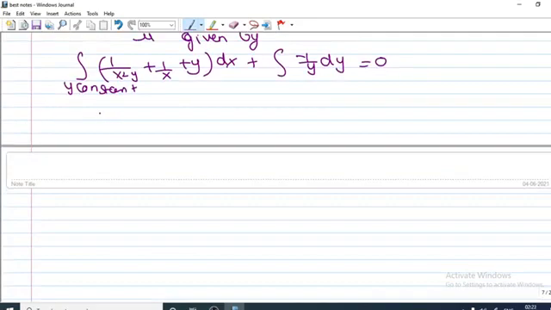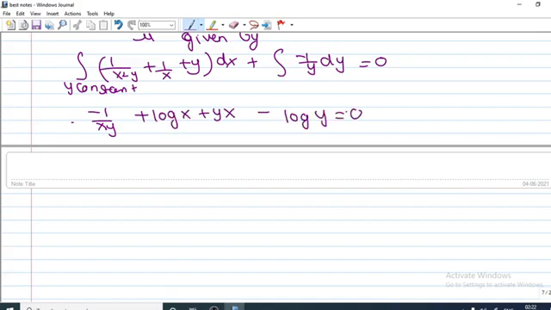You know 1 upon x square y, here y is constant, so you need to integrate 1 upon x square, which is nothing but 1 upon xy. Further on, this will be log x, and this will give you yx. Here you will have minus log y, and this is your answer. So in this session we have done 2 questions on type 3. In the next session we are going to do some more questions, and we will wind up type 3. So these type 2 and type 3 are quite small, because they can directly be identified.